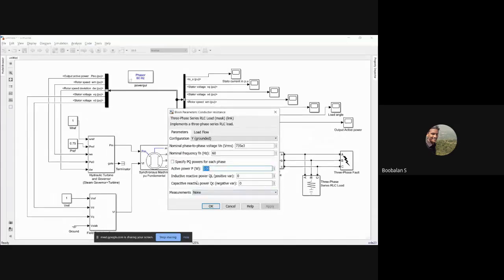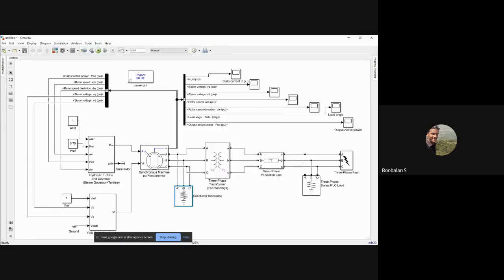We'll see in an example, then you could easily understand what the values should be. For simulation purposes I'm giving 1000 watts as trial and error data. Let's see an example later, right? Once we have seen this one, I'm going to run the simulation for about 1 second, just reducing the simulation duration to 1 second.